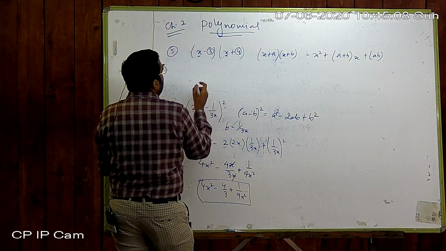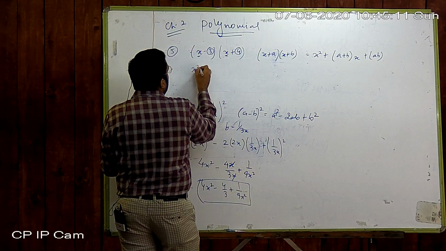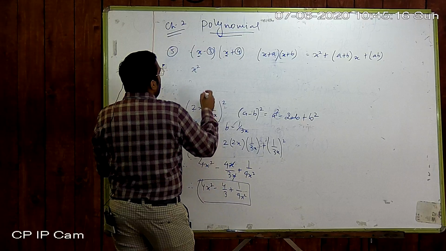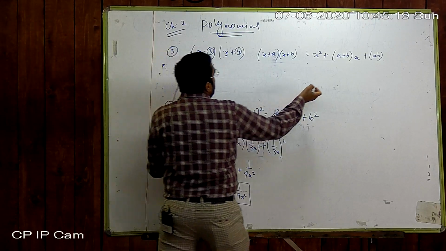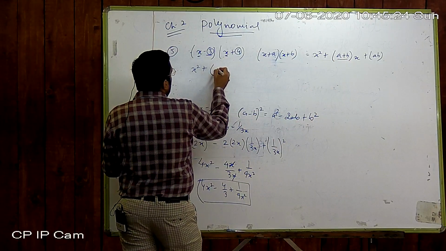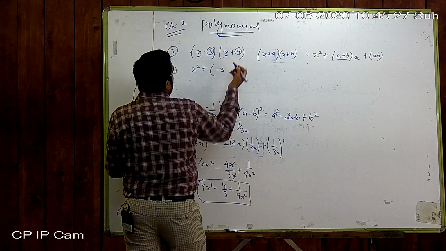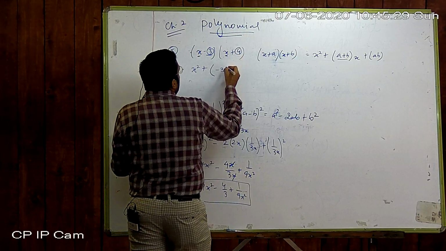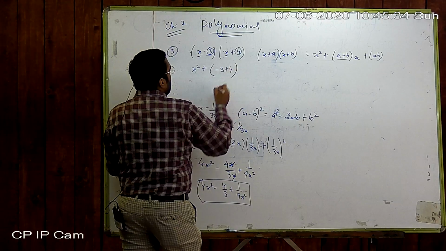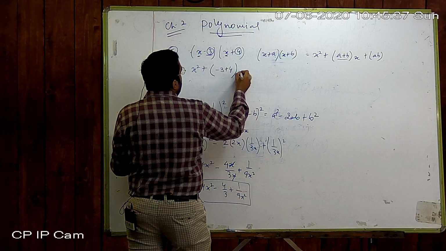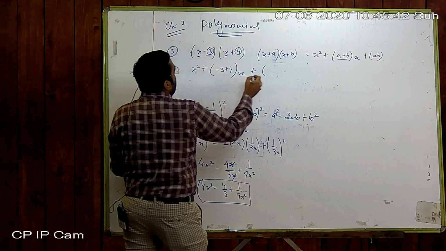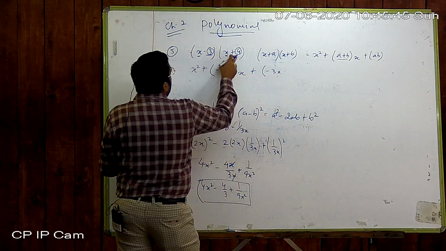As per the formula, first is x square that is common in both of the binomial terms, plus in the second, here is a plus b. Here my a is minus 3, so we can write as minus 3, and in the second term b is 4, then we can use plus 4. Okay, and then multiplied x plus a into b. A is my minus 3 and b is my 4.